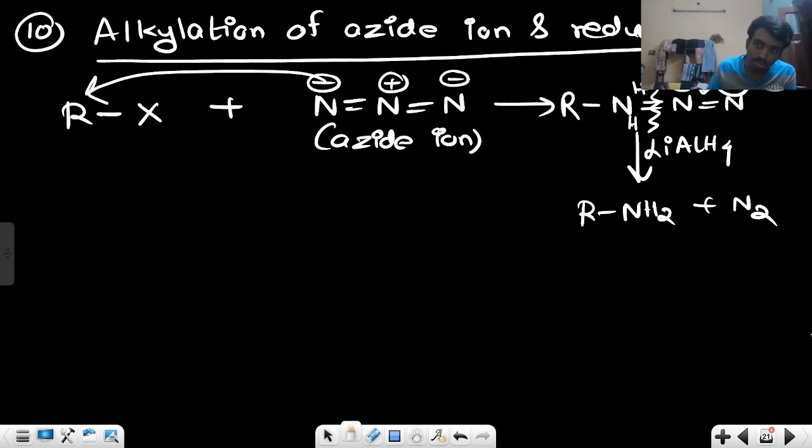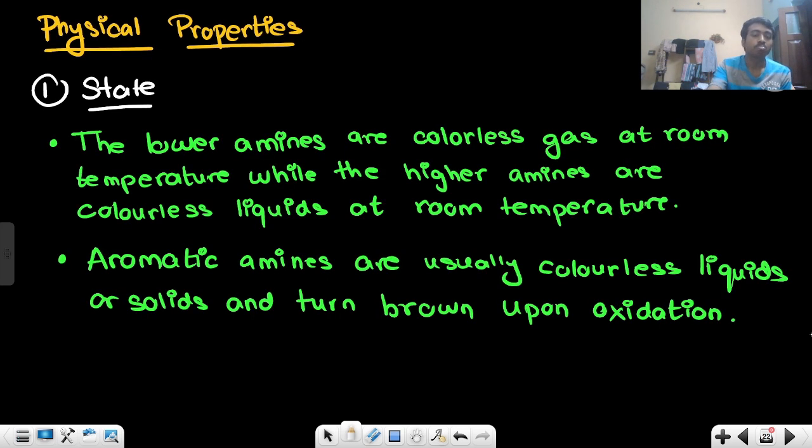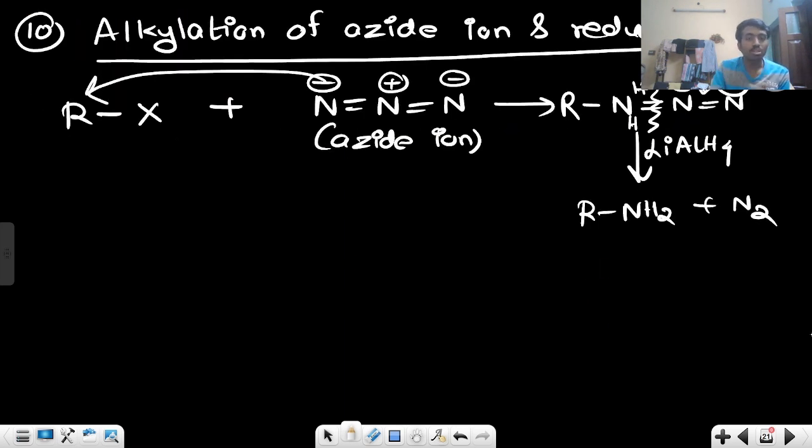Alright, clear with the method of preparation of amines? Next, we are moving on to the alkylation of azide. Alkylation of azide, I will repeat again because this is an important one and this is something new. Azide is N double bond N double bond N. Okay, the middle one is plus and the sided ones are minus. If you do not even remember the structure, remember it as N double bond N double bond N, the middle one plus,